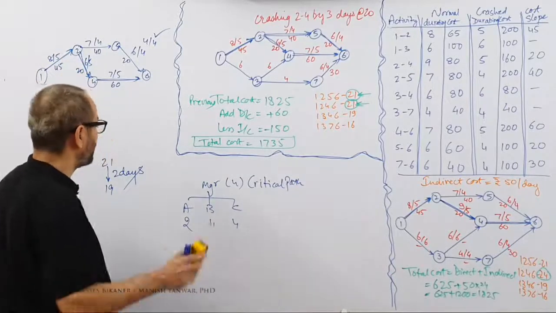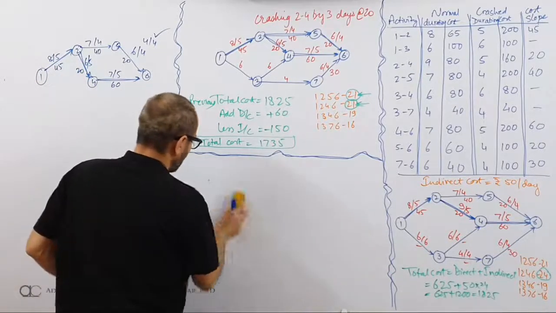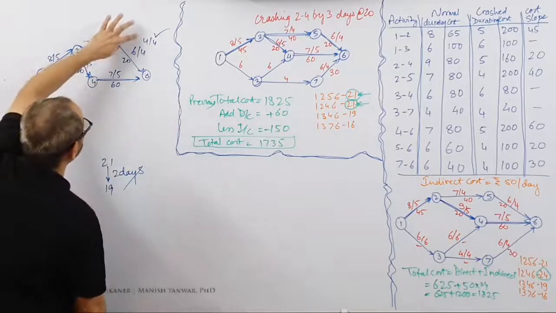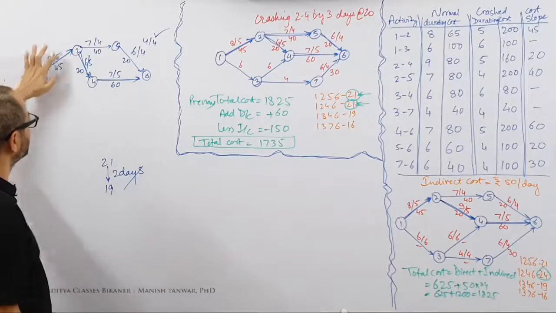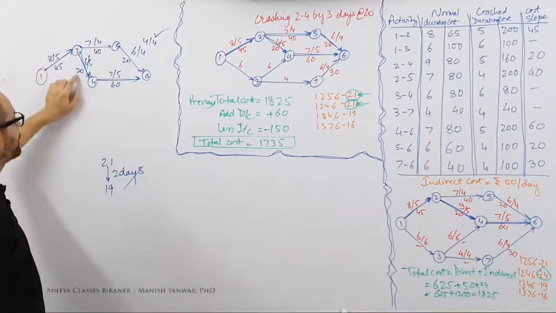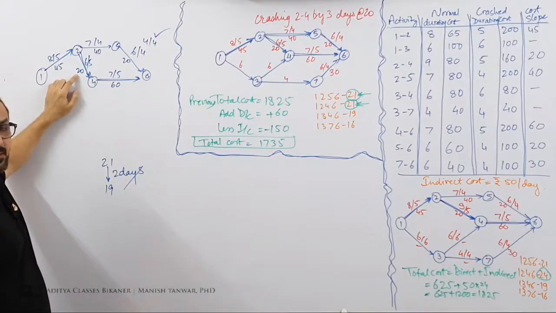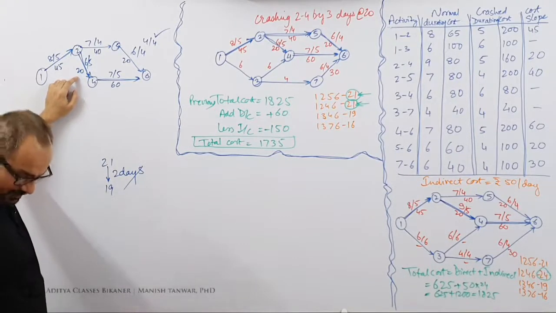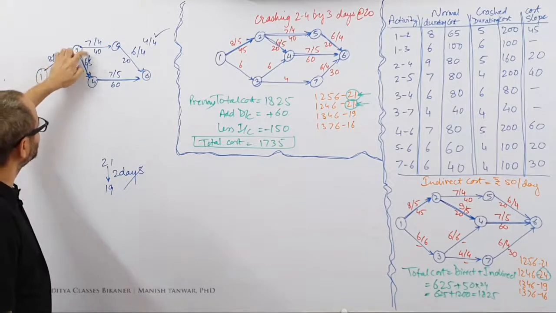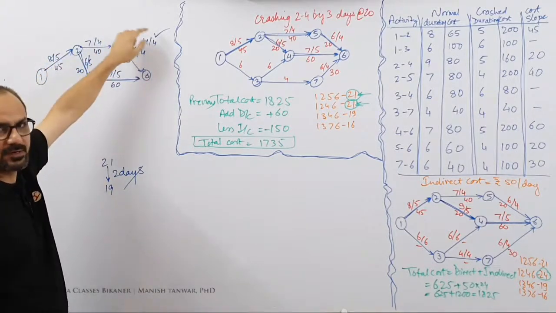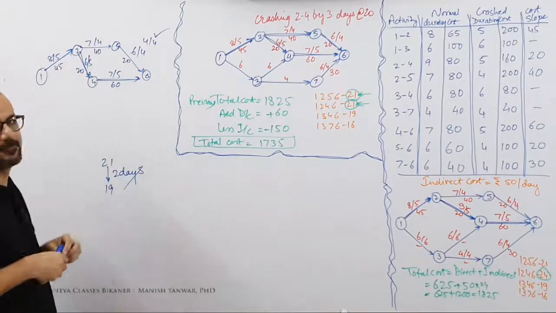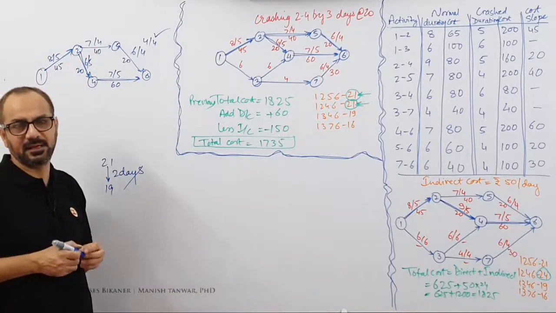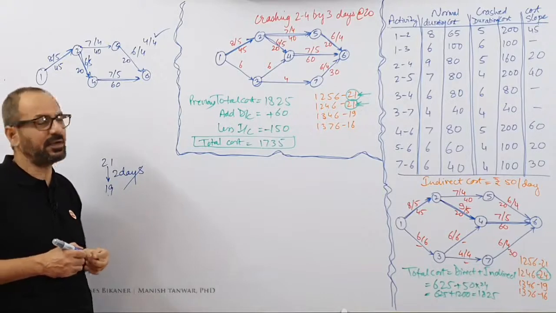Now let us explore how we can reduce both paths. One can be done from here. What about this? The cheapest solution is 45, 60, 20. 20 is the cheapest solution. But there is a catch. There is a problem. What is the problem? That only 1 day can be saved. Here you had 6 to 4. You brought it down 4 to 4. You saved 2 days. Here I can save only 1 day. So that is a catch. That is an issue. How do we counter that?